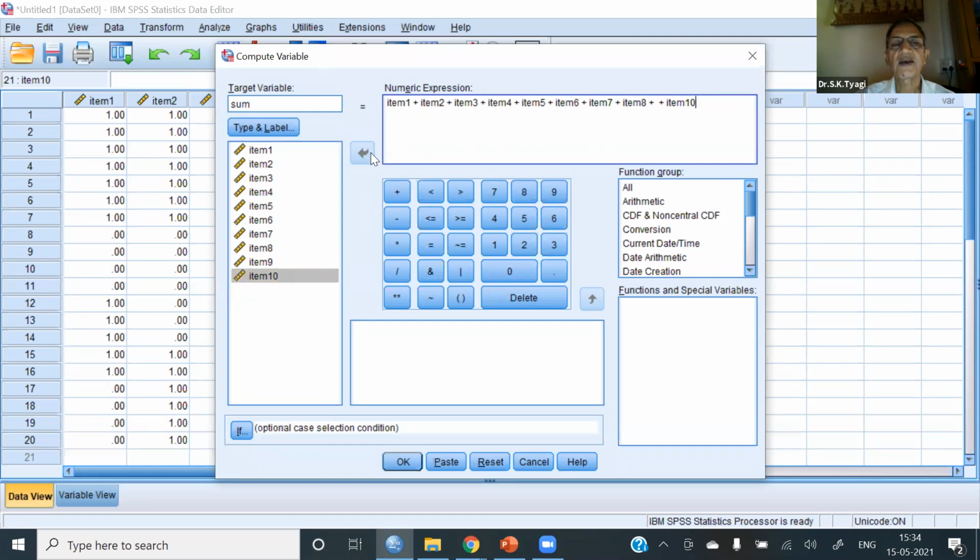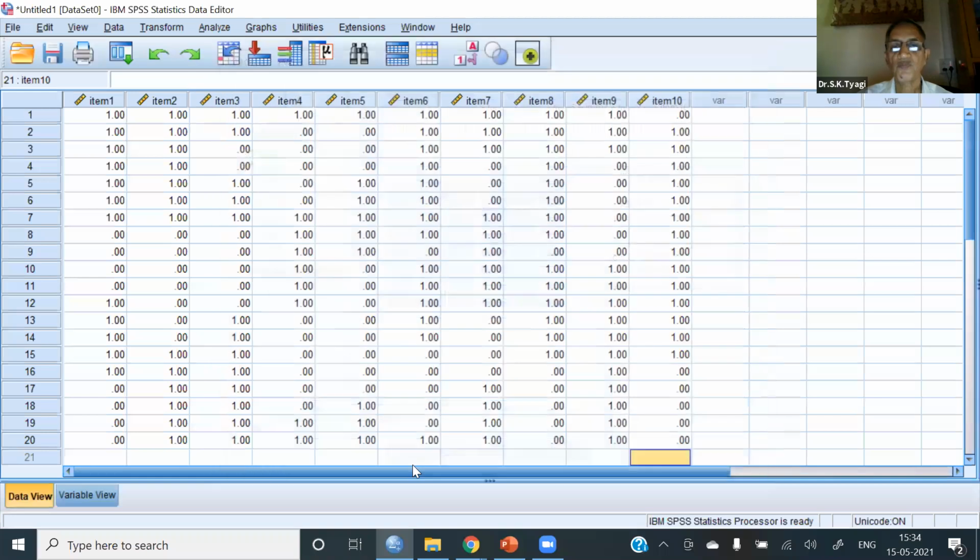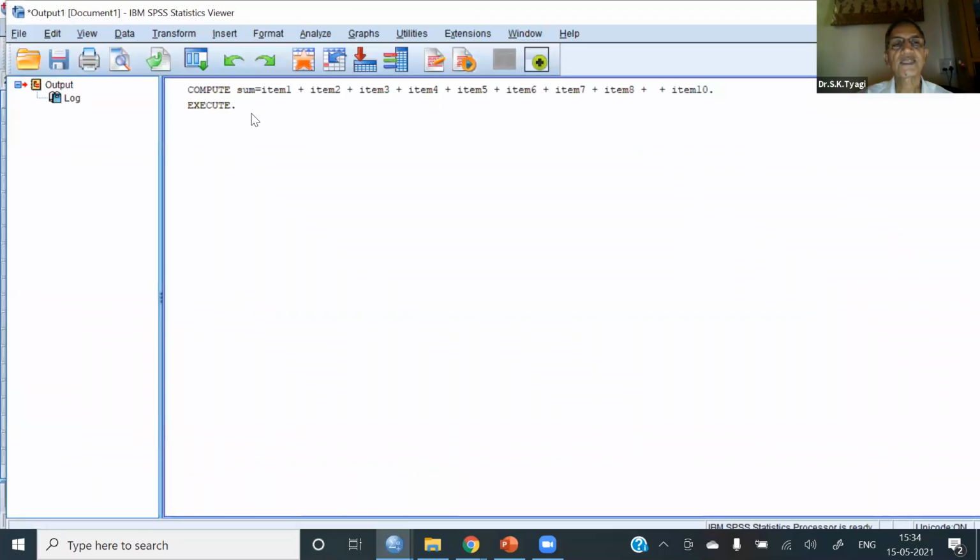So I have defined a new variable which will appear in this data sheet. The name of the variable is sum, and sum means the sum of scores on all the items. So I click OK. It says compute sum. This is the order I have given, item 1 plus item 2. So it has computed. Now go to the data sheet.